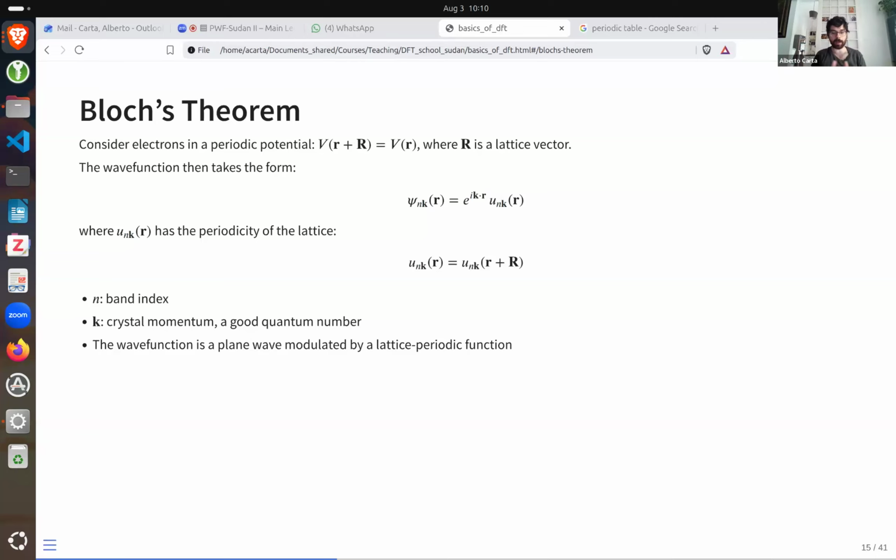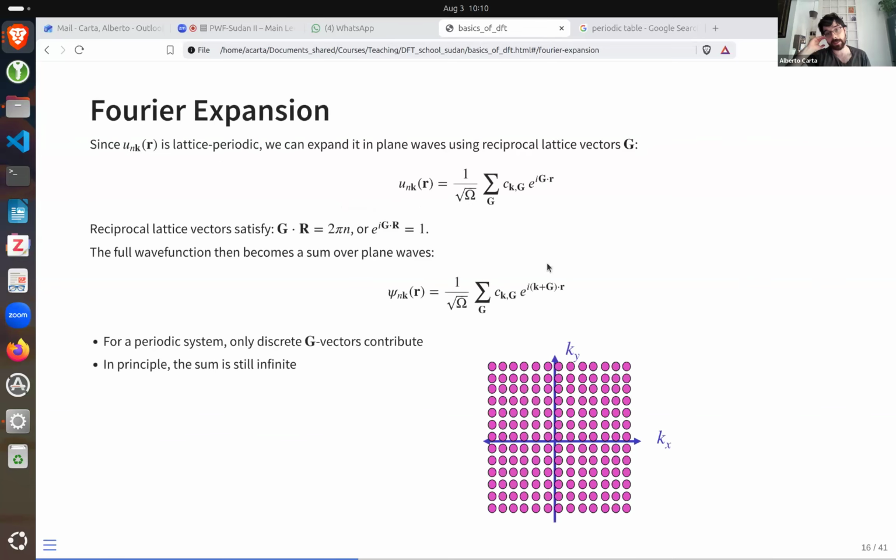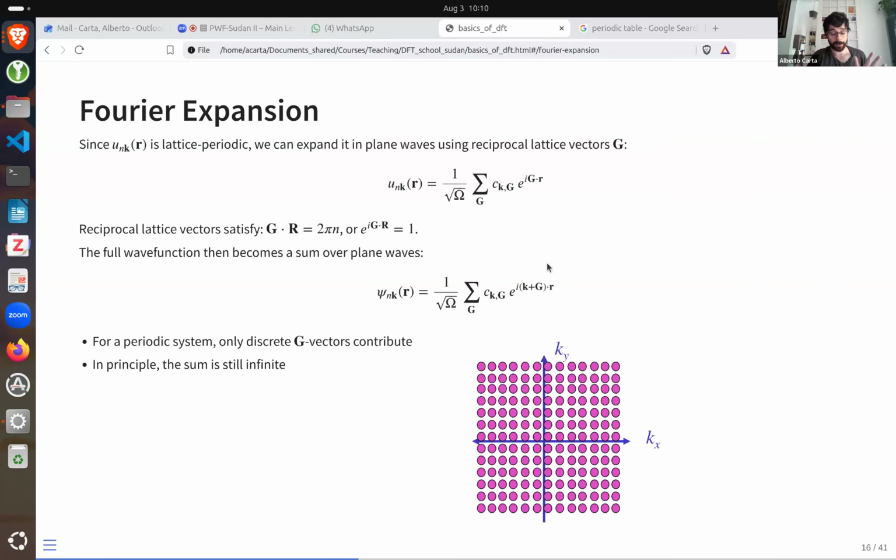So this is important. In general, it means that we have a crystal. If we have a crystal, we can take the wave function for a free electron, and the only thing that the Bloch theorem tells us is that we can use the same free electron wave function modulated by this periodic function. So the next thing that we want to do is to describe this periodic function somehow. It's periodic, which means that we can expand it in